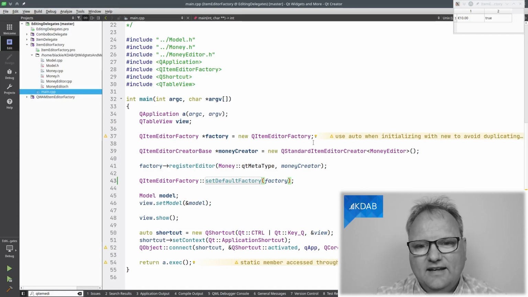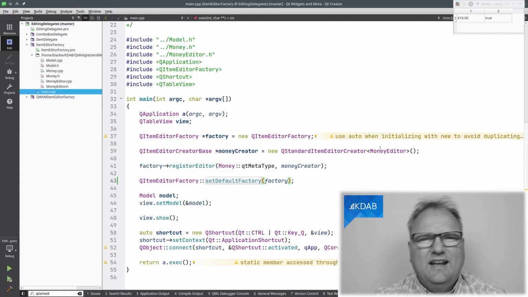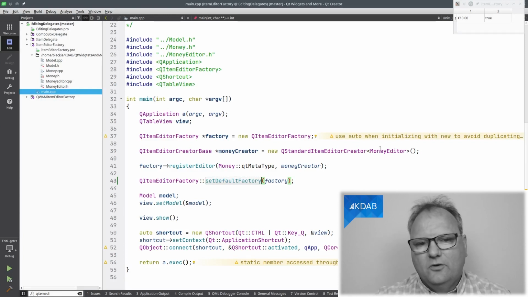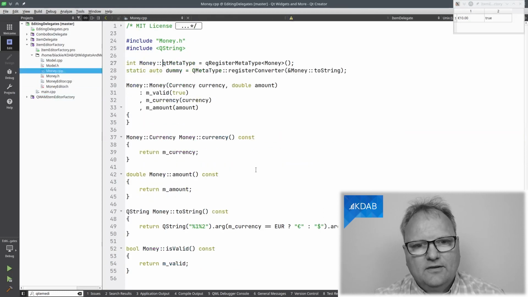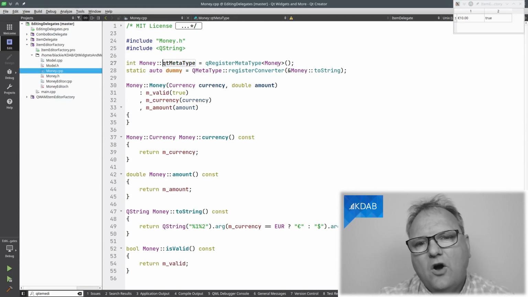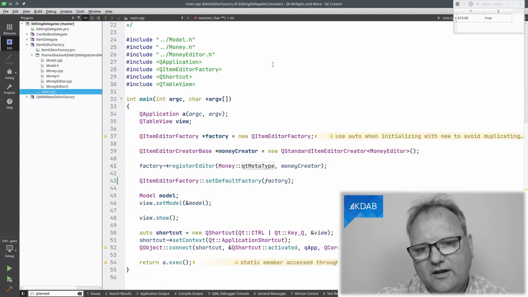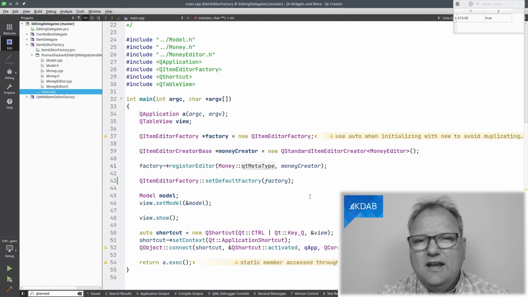So for that, I say I would like to have a Q standard item editor creator for my money editor. That is really truly the factory. That is a class that will spit out an editor whenever needed. And then in my factory, I register this money type. And the type, that was actually the type that I got out of registering my meta type up here. We saw that code just a little ago. I register that, and I set the default factory to be my factory, which means that anywhere in the model